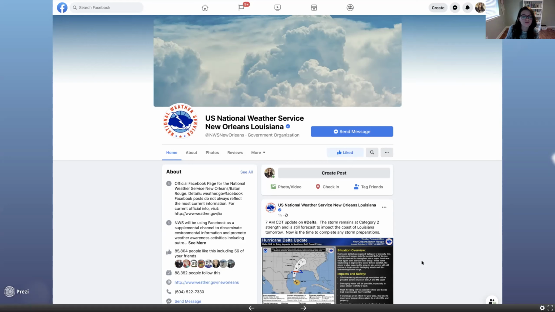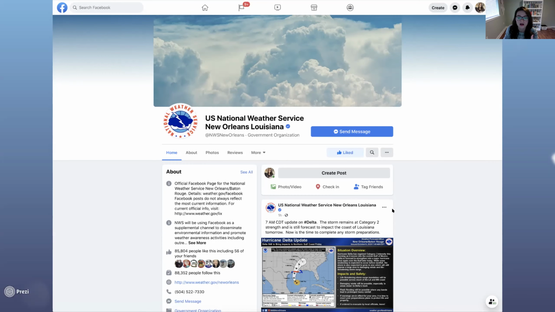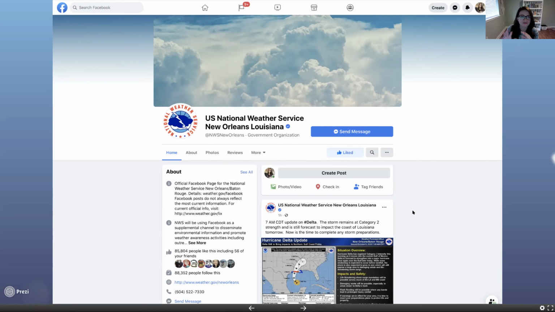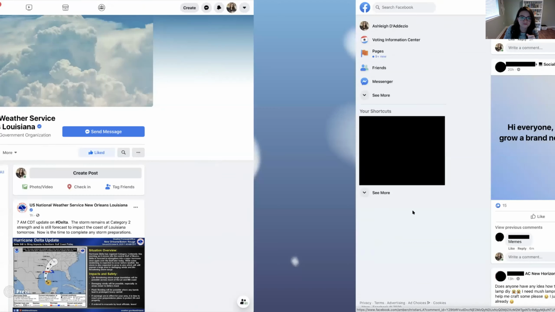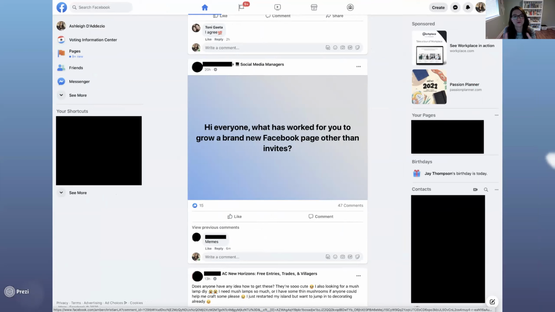And then we'll talk more about this in a minute, but these 3 dots are also important on Facebook posts themselves. So if you hit these, you'll be able to do some more stuff with Facebook posts. That's really cool. And we'll go over that in just a minute. Okay, so now we're back to your newsfeed.